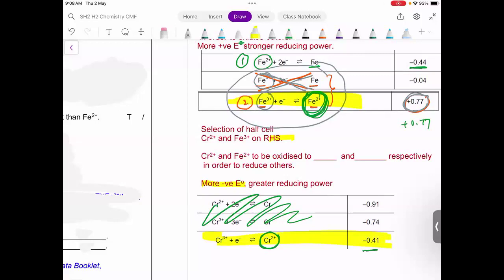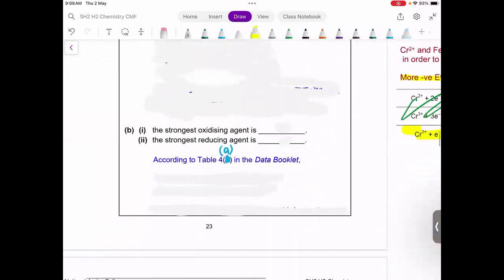You need to know how to select the half equations from your data booklet. For this topic, selection of half equation is a skill that is very important. In your inorganic QA, deciphering how the observation matches with the QA notes is also an important skill. So let's try to work on that. If you look at B part 1,